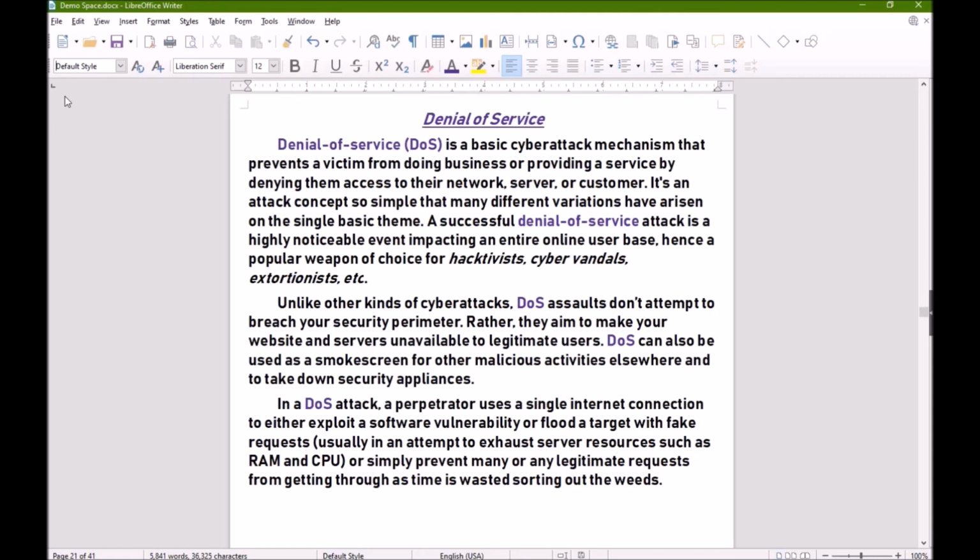In a DOS attack, a perpetrator uses a single internet connection to either exploit a software vulnerability or flood a target with fake requests, usually in an attempt to exhaust server resources such as RAM and CPU, or simply prevent many or any legitimate requests from getting through as time is wasted sorting out the weeds.